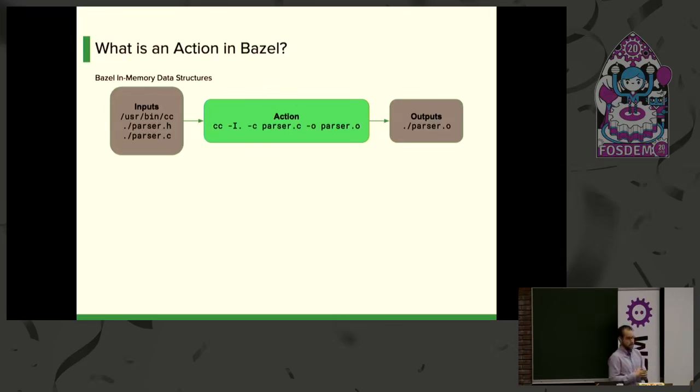But the important thing is to see that we have the source file, parser.c, as well as any includes that the source file might have inside. In this case, the parser.c file has include parser.h. So that becomes part of the inputs of the action. Then when we run this command, we expect that the compiler will generate just one single .o file in the same directory where we run the command. Now, this is great. It works. But now the problem is, look at that -I dot, right? The C compiler,